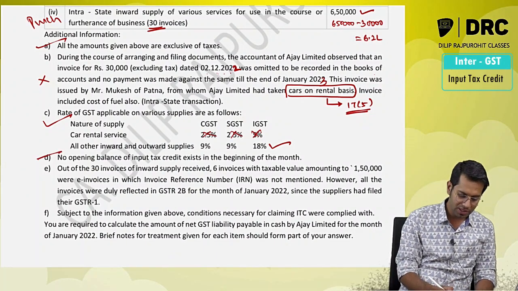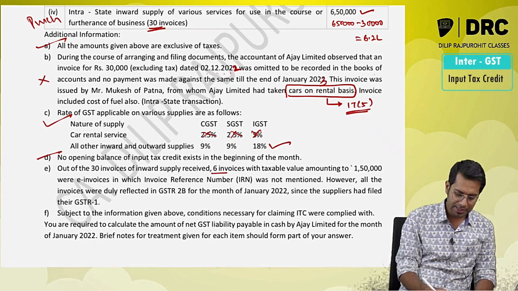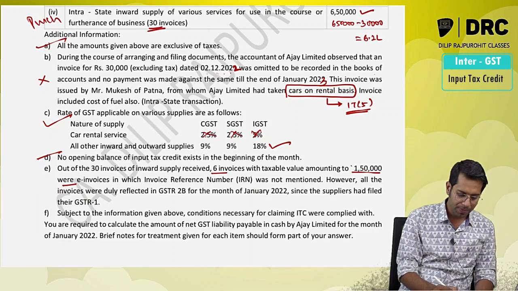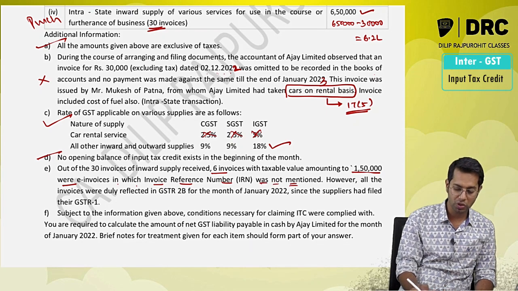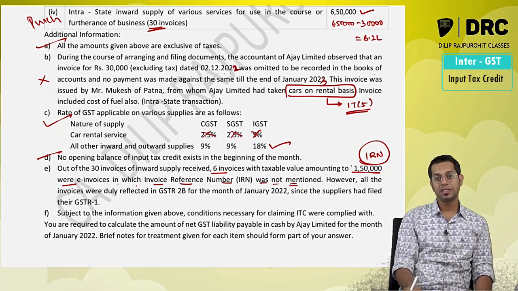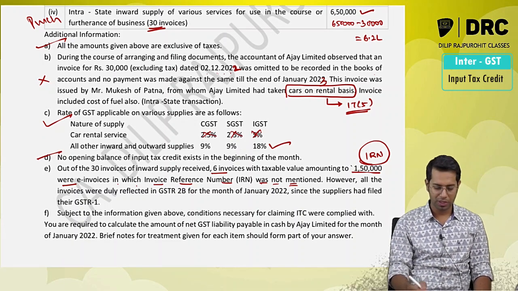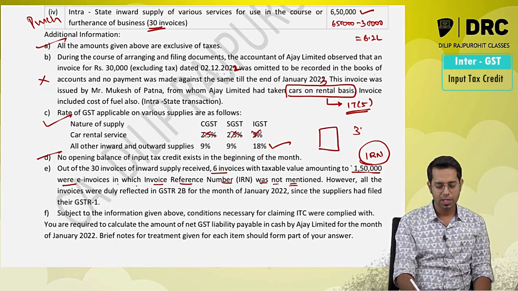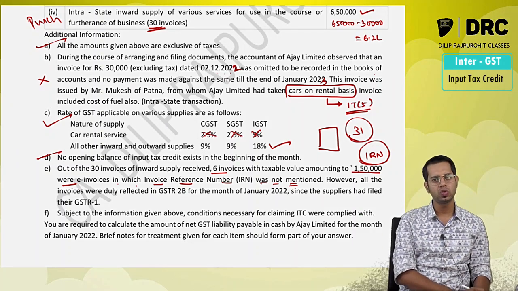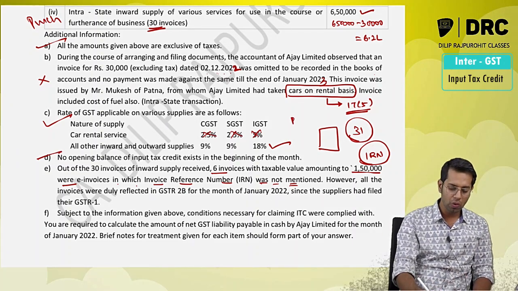Out of 30 invoices of inward supplies, 6 invoices with a taxable value equal to 1,50,000 were E invoices in which the invoice reference number was not mentioned. If it is an E invoice, the invoice reference number is also compulsorily required to be mentioned. As per section 31, that is the tax invoice chapter, it says the invoice reference number also should be mentioned. See, rule number 36